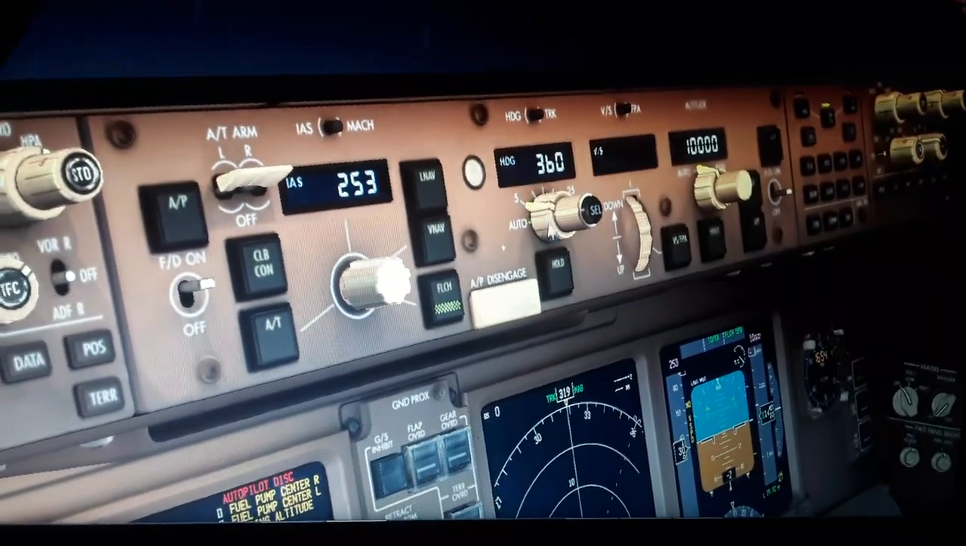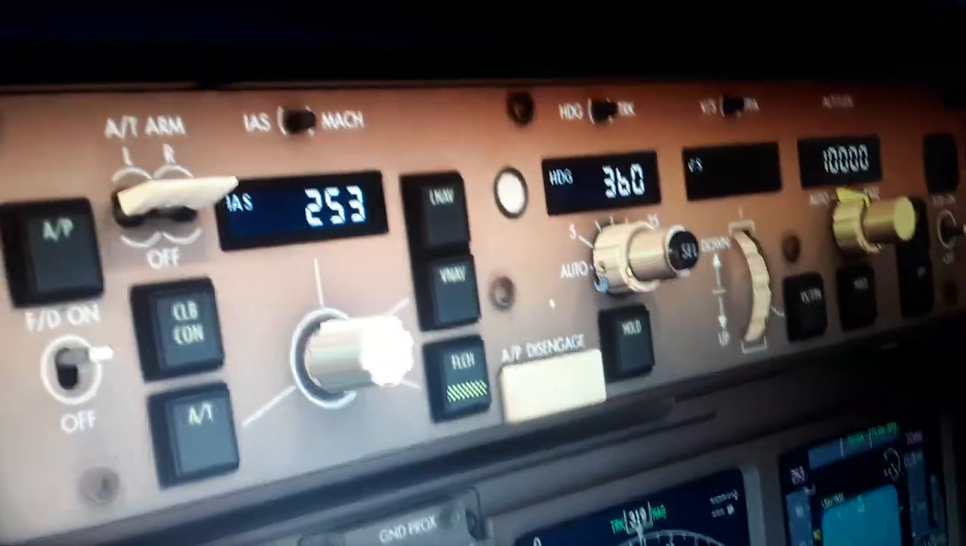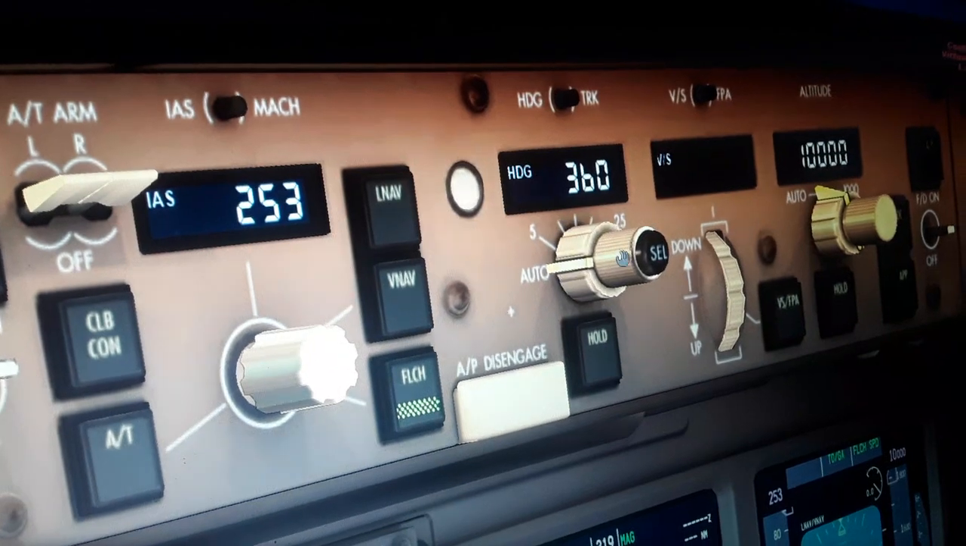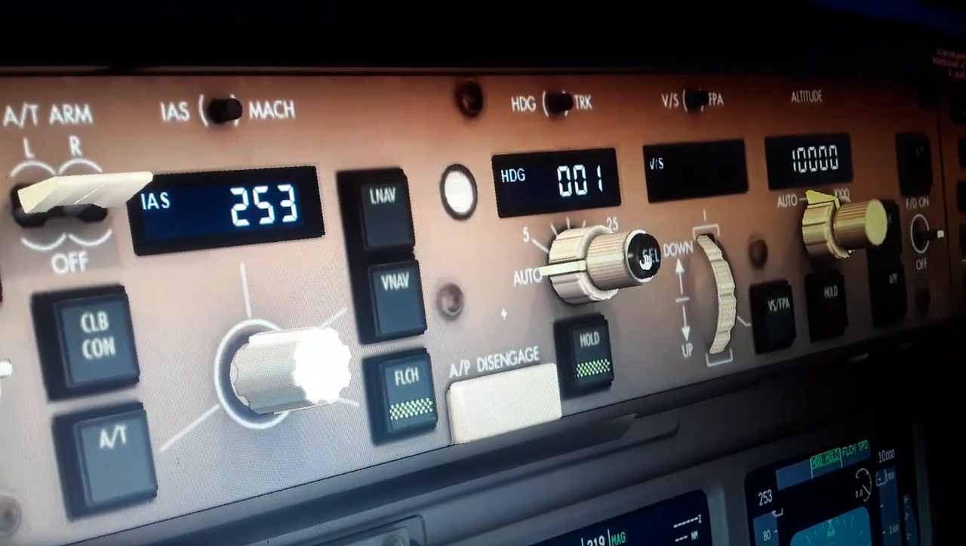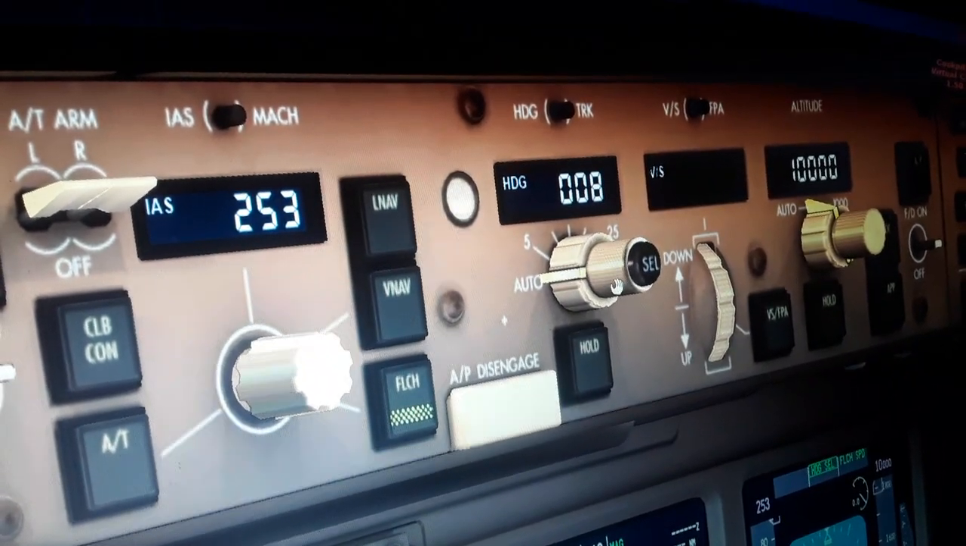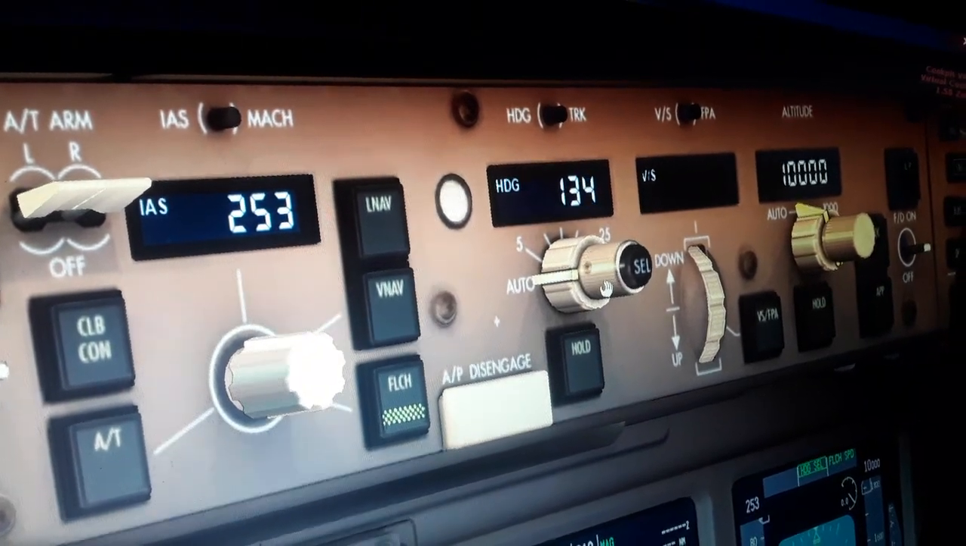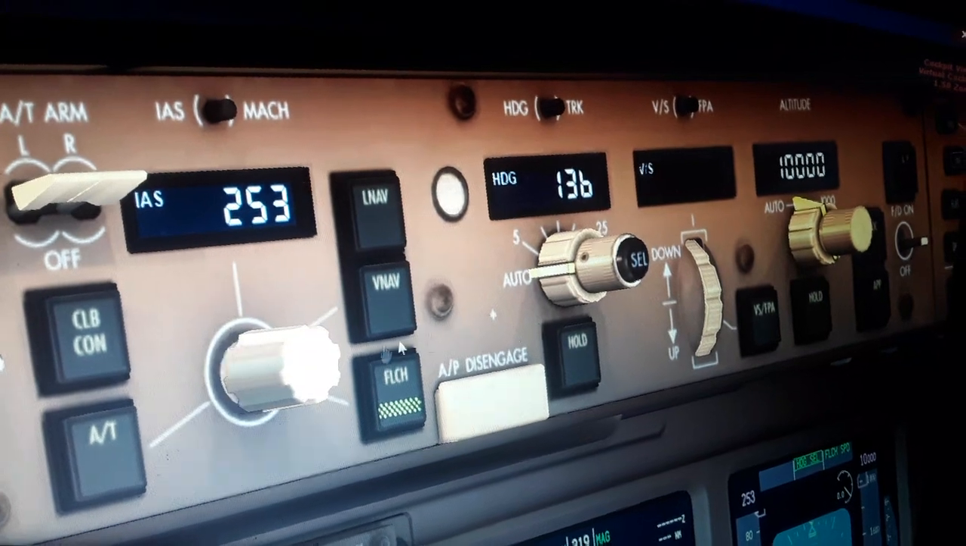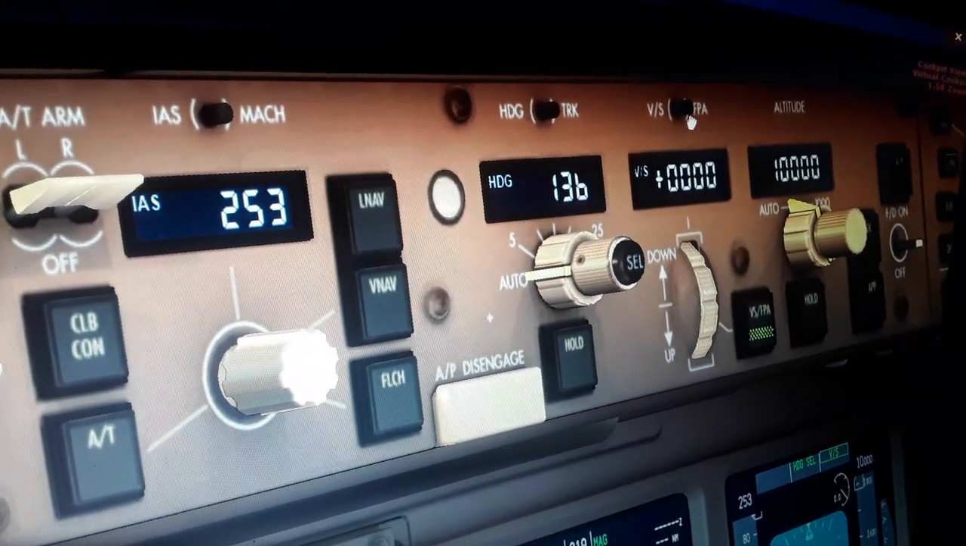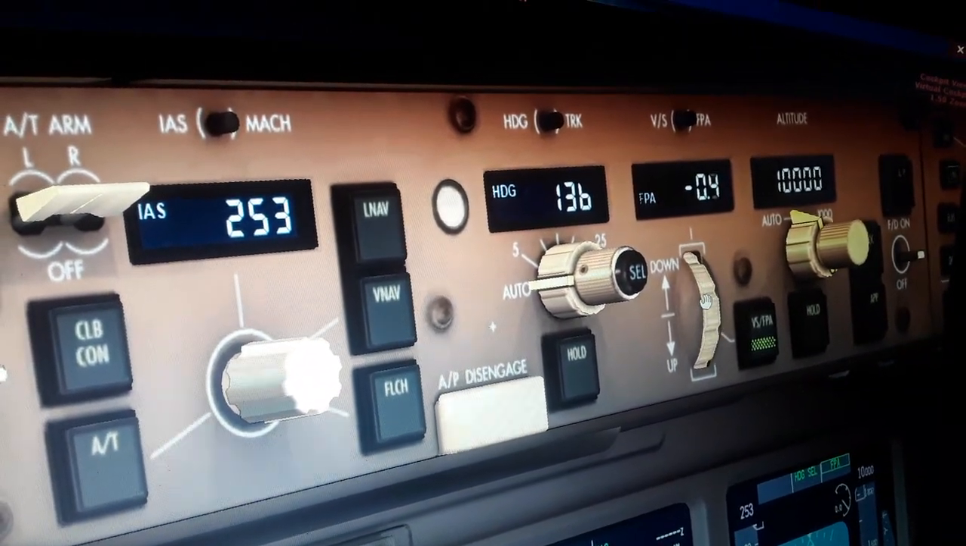warning off. So we have again this mode, the bank angle select, we leave it in the auto. You can select or deselect it by pressing this switch. So we will select a heading of 136, the vertical speed, flight path angle. So you will select a descent,